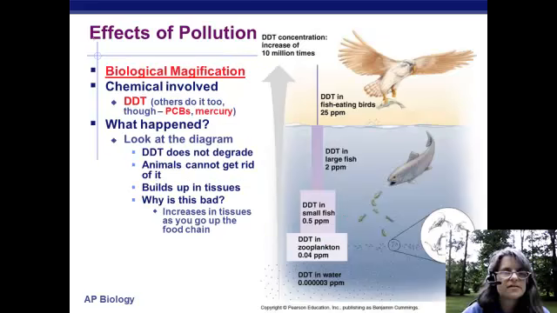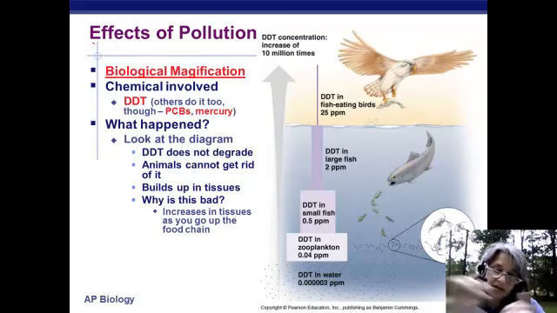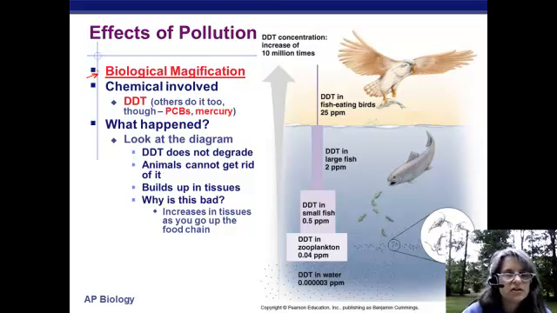Last slide on this, since we're talking about eating and passing on energy, unfortunately other things can get passed on when animals eat each other as well. Pollution can be a real problem, especially if you have a pollutant that does not break down over time. This can result in a nasty event called biological magnification. DDT is an example of a chemical that works this way. It was a pesticide, a very effective one.